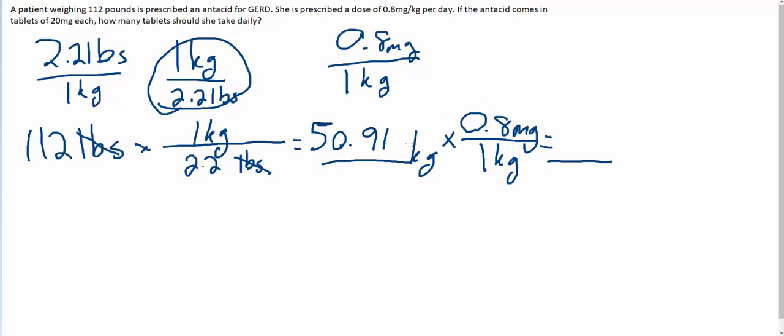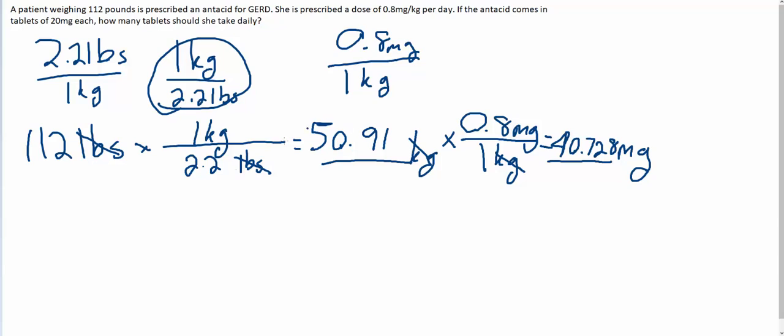And what we see here is, again, kilograms over here cancel with these kilograms on the bottom, and that's going to leave us with milligrams of medicine needed per day. 50.91 times 0.8 on the top divided by 1 on the bottom. That gives us 40.728